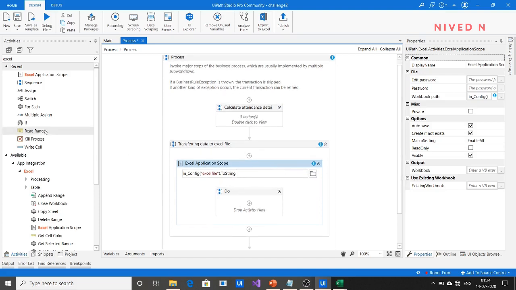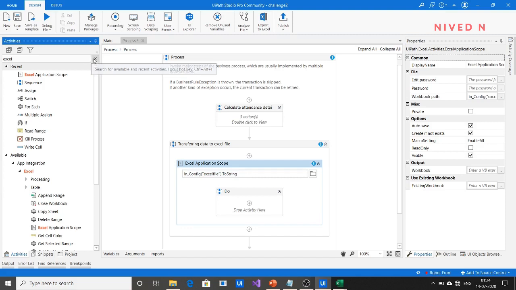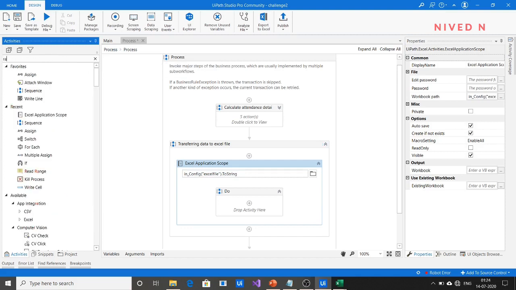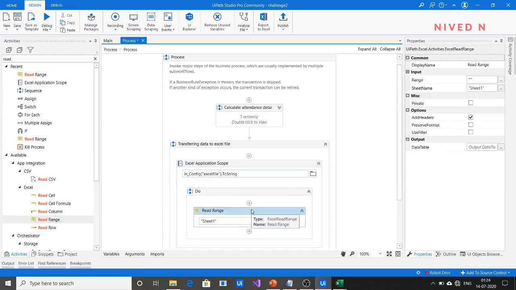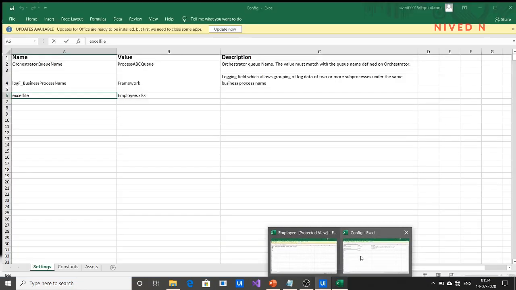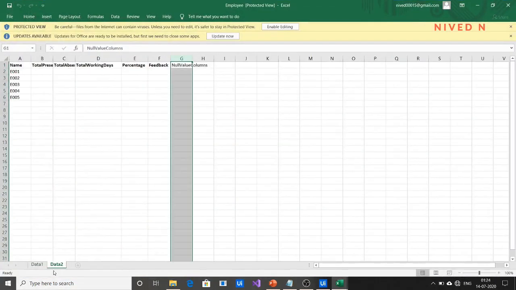So what do we have to do here? First we have to read the data2 sheet. That is the table where we have to input these values. So Excel read range. Just use read range. That is, specify the sheet name. What is the sheet name? Sheet name is data2. Just check whether it is correct or not. Yeah, it is data2.